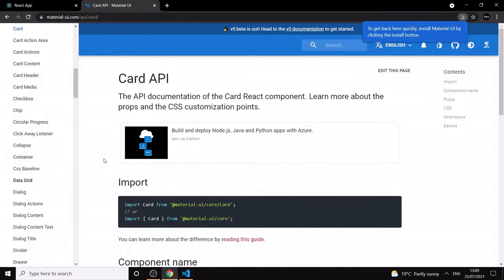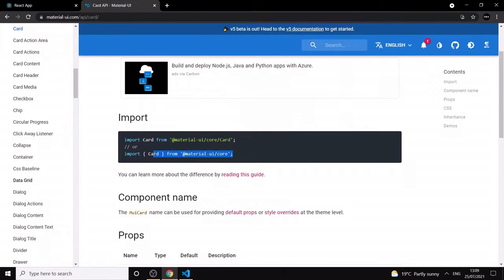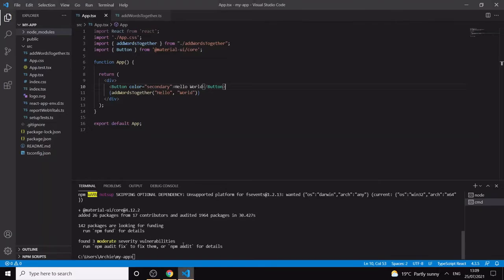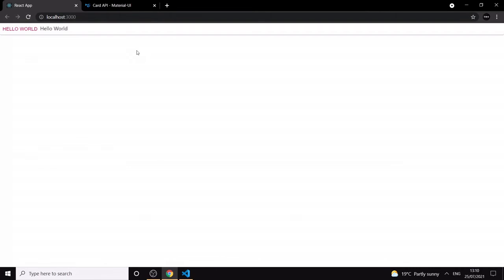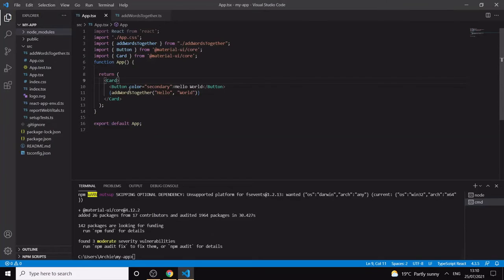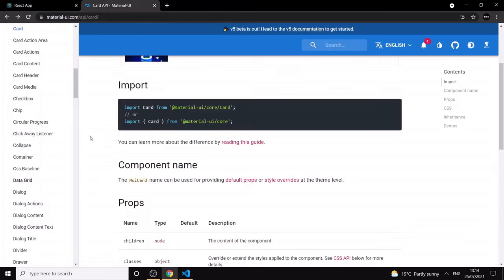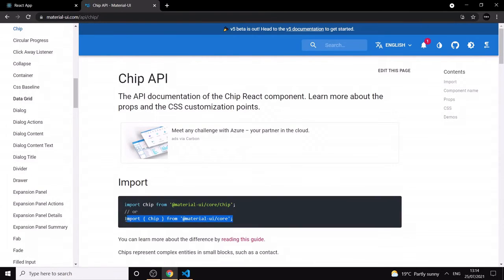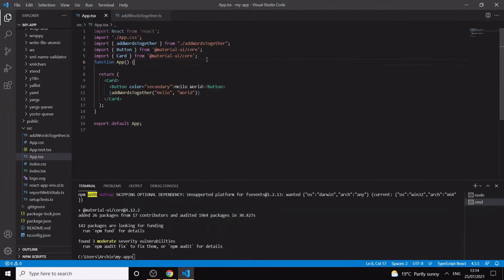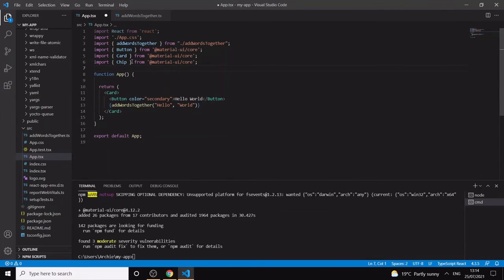Let's have a look at card. Let's grab this import and see what it does. The card here has added a border and a bit of shadow around the contents. So let's just try one more. If we pick chip, grab this import, copy it, place it in here,